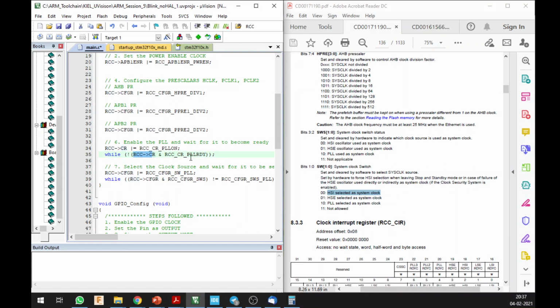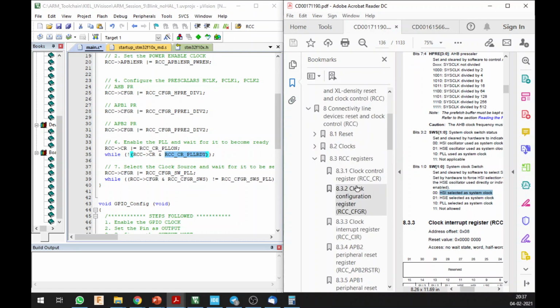RCC-CR, if I go to the RCC-CR, it is going to AND it, compare it, and then if I get a 0 over here, or if I get a 1 over here, so if I have RCC-CR and it is going to OR with PLL ready. Let's see what is going to happen. So RCC PLL ready in my clock register.